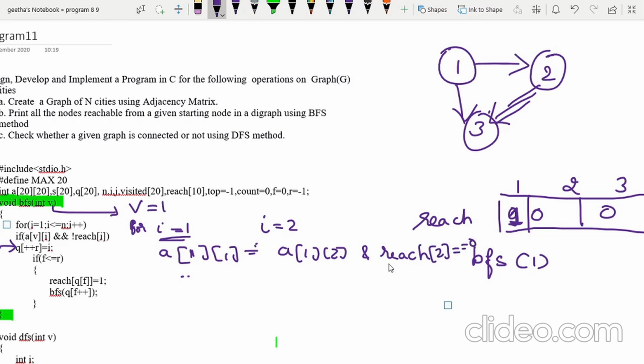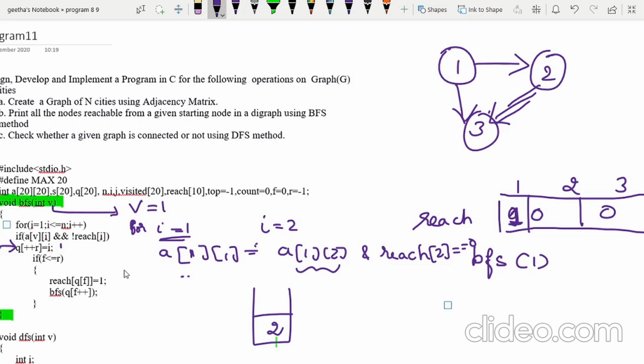Yes, that is what we are going to check, and then whether reach of 2 is 0. Yes, that is true. If so, what are you going to do? Put the node 2 in the Q. Okay, now you are here.